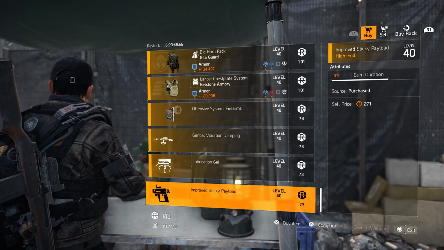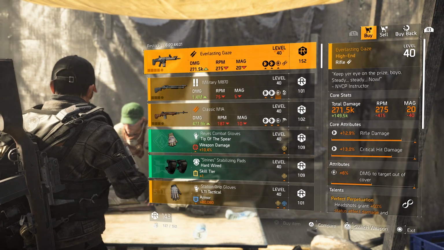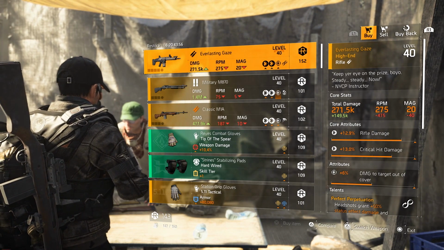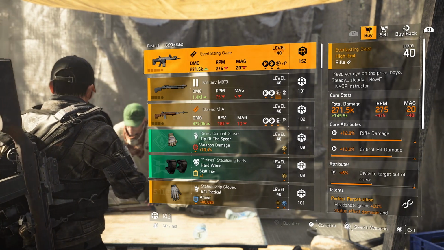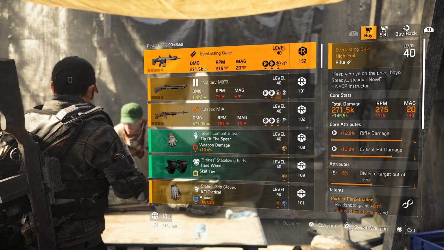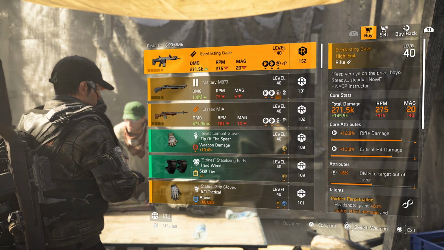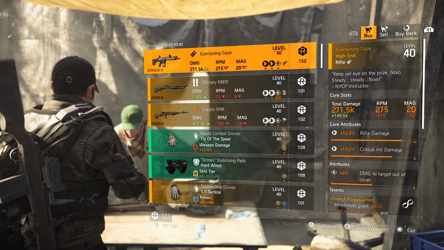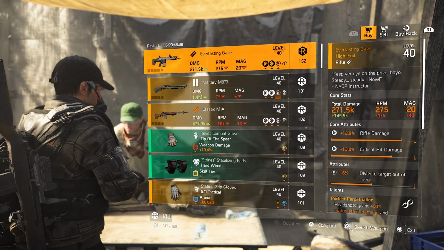Let's head over to our last DZ. And there we are guys, our last DZ, DZ West. Everlasting Glaze is the first thing we can pick up, but it's not a great roll if you ask me. 12.9% rifle and 13% critical hit damage. Could be decent. The damage to target out of cover is nice, only 6%. In my opinion, raise that and you have a decent gun, but still, I won't spend 152 DZ creds